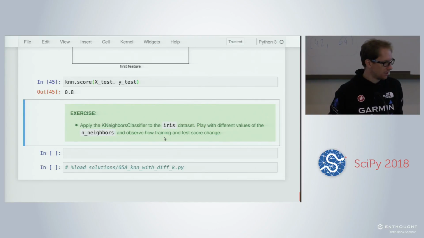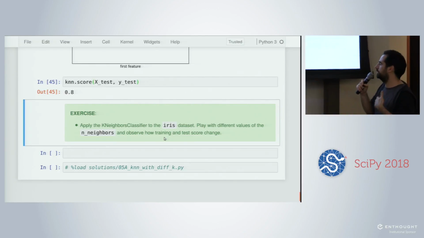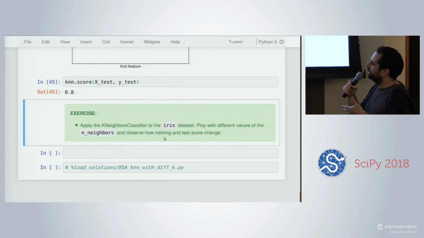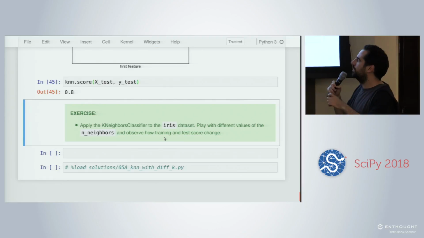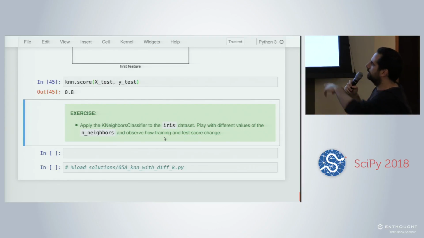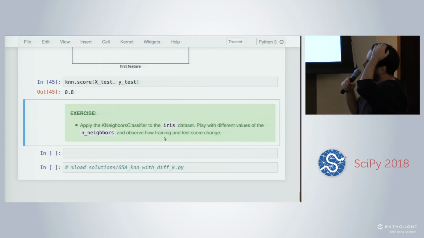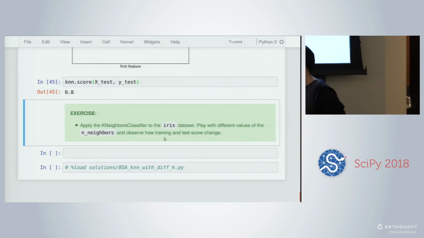You can choose an arbitrary train test split, for instance 80% for the train set and 20% for the test set. Train k-nearest neighbors on the training set, score it on the test set, and print the score both on the train set and on the test set to compare the influence of n_neighbors, and find the best value of n_neighbors on the iris dataset. So it's a recap of what we've seen previously.